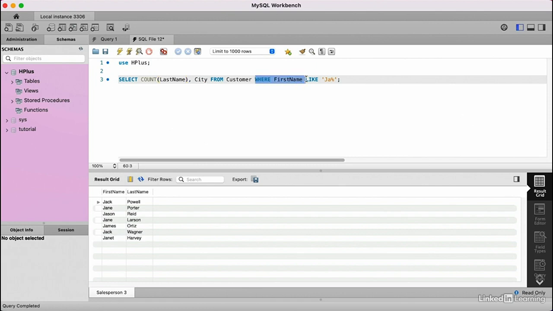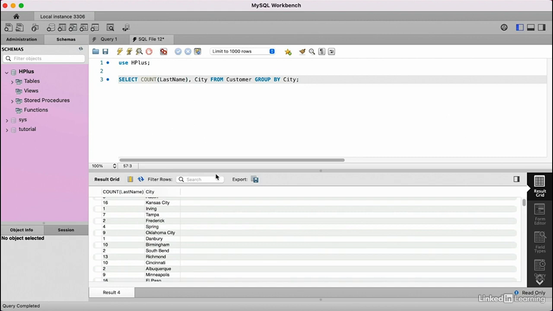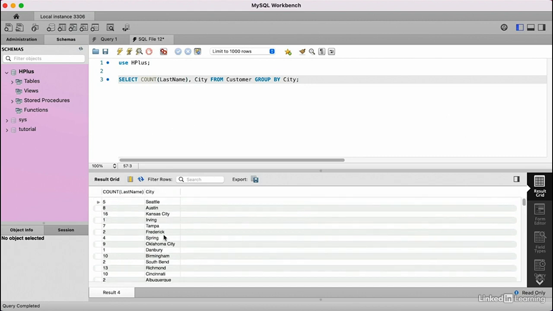And this is also an aggregate function, so we add group by city. Now, with aggregate functions, when we give a group by, that criteria needs to be present in the select statement. So in this case, we're grouping by city, and city does exist in the select statement. You hit the lightning bolt, and then we get the count of people